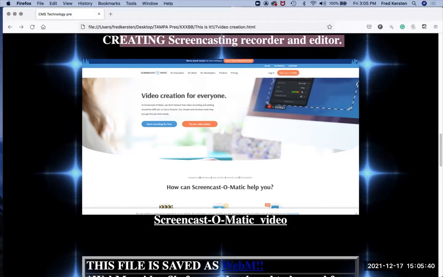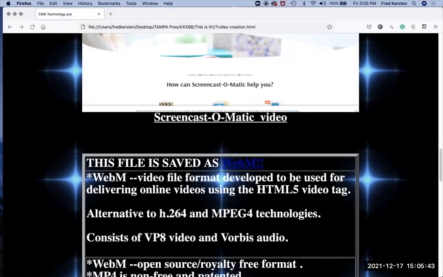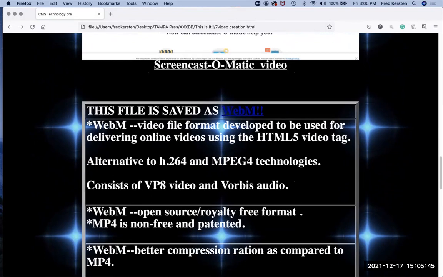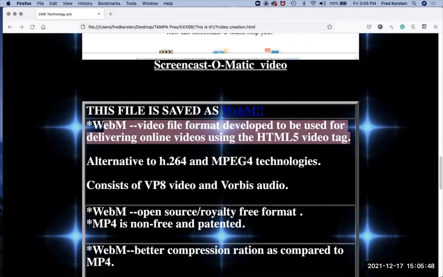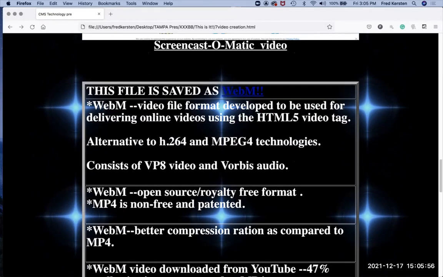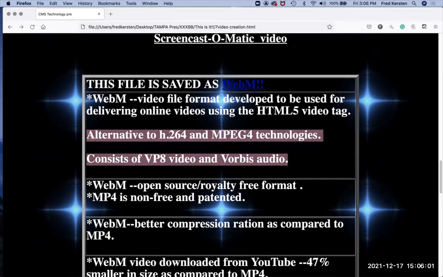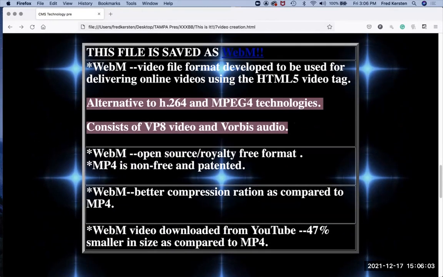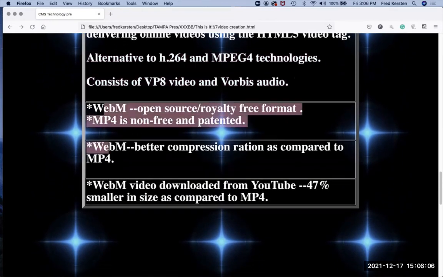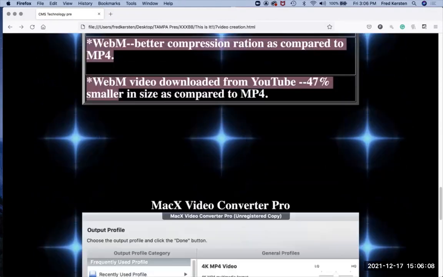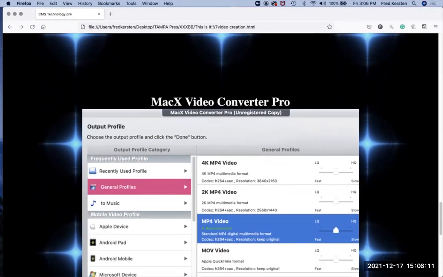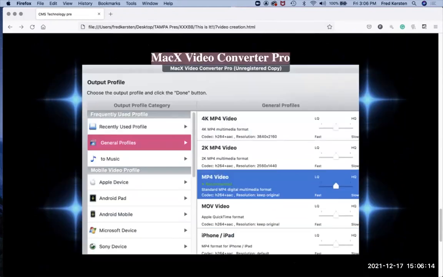And it sort of clubs up because I'm working with WebM format, and you're going to find more and more export out with WebM. So when you're talking about Handbrake, folks, if you're going to do some editing with it, you're going to find more and more with WebM. They've got a new algorithm, the VP8, and they are working with the Vorbis audio. So you're changing things around quite a bit. Be aware of that. I'm bringing it to your attention because I try to add a little bit of technology information to a presentation. If you have a problem with converting, you could also work with Mac 10 Video Converter